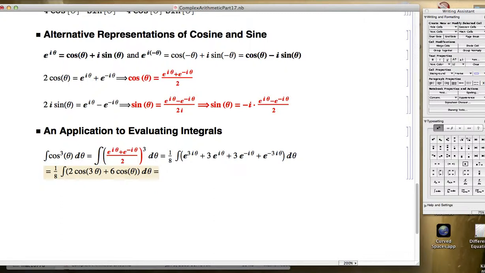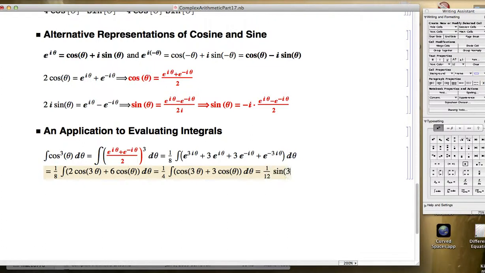We ultimately get a simpler integral to do, and let me go ahead and cancel the 1/8 to leave a 1/4 and have a cos 3 theta in here plus 3 cos theta. This is an easier integral to do. The integral of cosine theta is sine theta plus c. We have a cosine 3 theta. You could think of this in terms of the substitution. Let u equal 3 theta. Then du would be 3 d theta. And ultimately, you should see, and you should try this on your own again, that you'll get a 1/3 when you integrate that out. With the 1/4, that'll combine to a 1/12